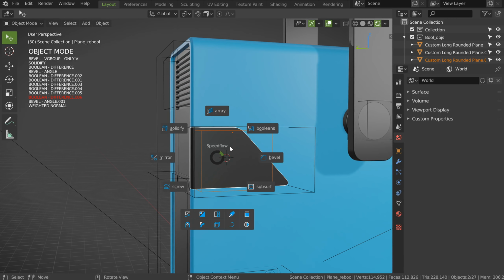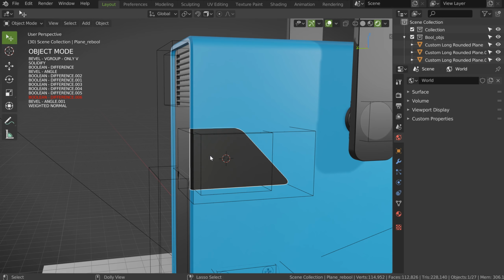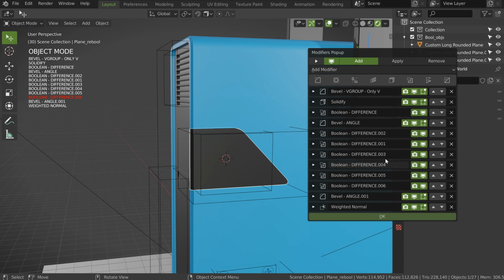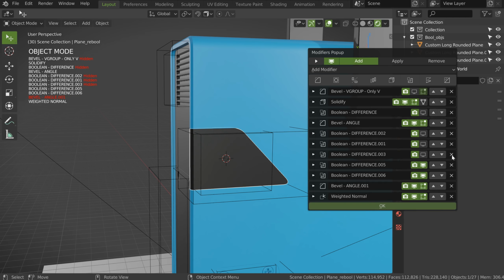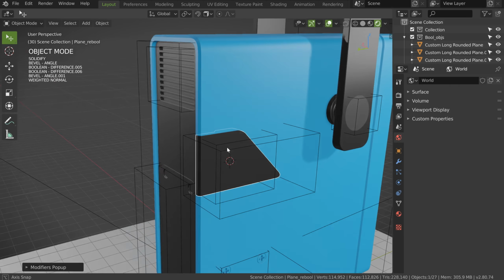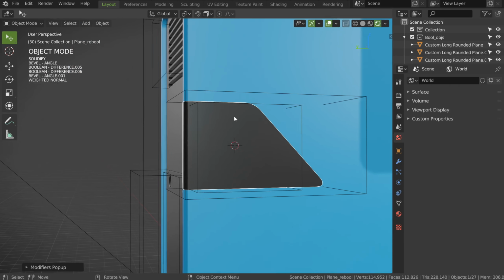Maybe move it, make your rotation RZ like that, and move this one here, press G. Let's try to add, yes, maybe on this one you can, if you want, call this one, the pop-up could be faster, to clean what is not used. For example, all of these are not used anymore, and this one I keep it. This one no, this solidify yes, the bevel group no, this one yes, this one yes, this one yes. As you can see, like that I will have something cleaner and lighter. The object will be lighter.